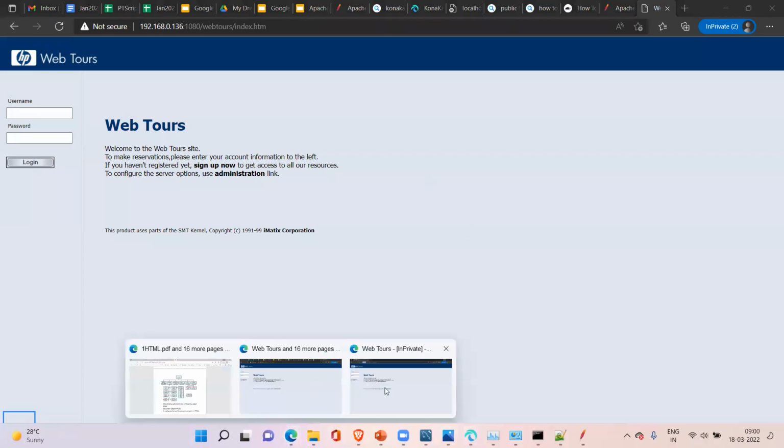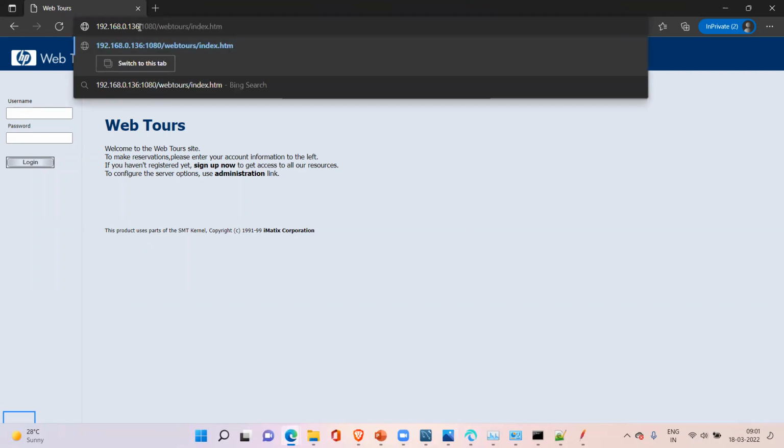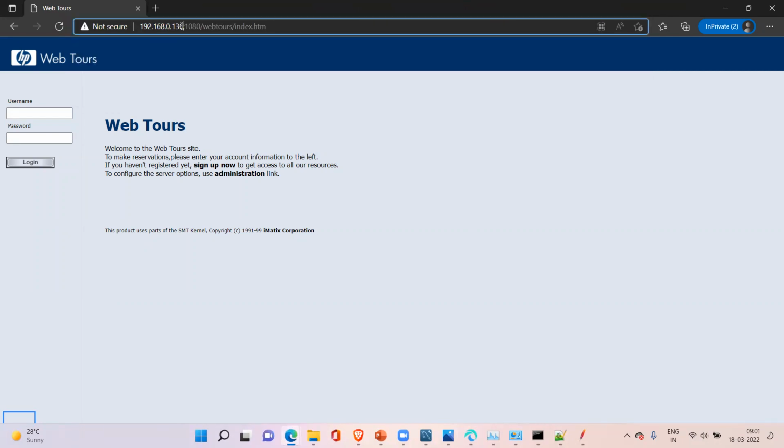Yes or no? Okay, let me do it in a private browser, so that your cache will not be in play, right? Here now also we got this page, right? This is when we are connected to a network. Okay, disconnect your internet connection and try it once. Which one should you try when you disconnect from a network? You have to use 127.0.0.1 or localhost, then only it will work. This IP address is applicable only when you are connected to a network.